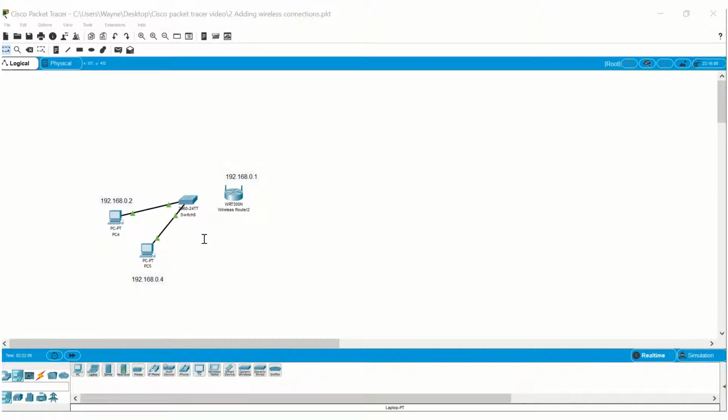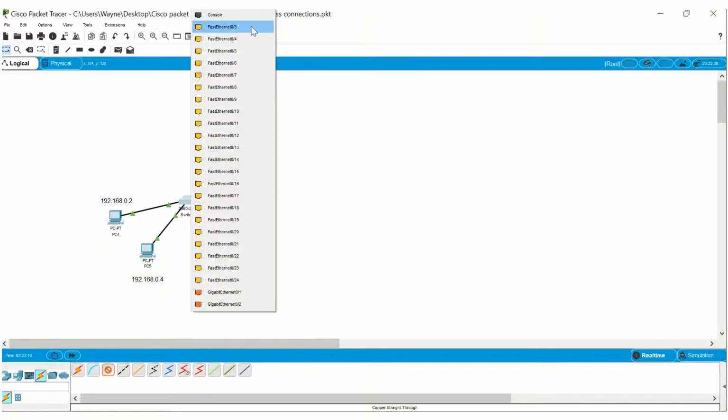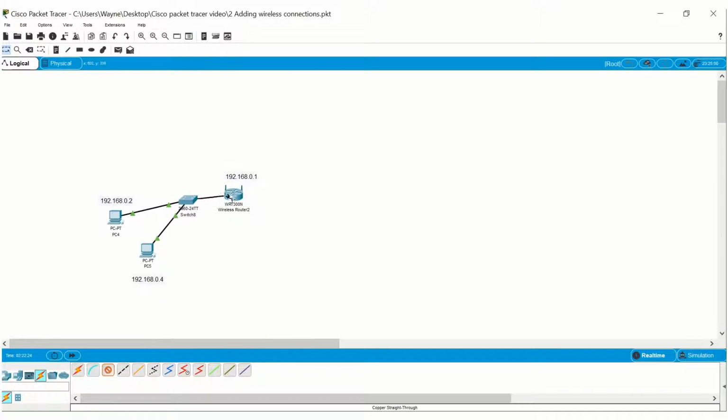Okay, now let's connect the router to the switch through Ethernet. This time we'll do this manually, and we will pick the ports that we want to use on the different devices. So I'll pick the next available fast Ethernet slot, which is 3 on the switch. And on here I'm going to make sure that I connect the LAN to the Ethernet of the wireless router. Okay, so our indicators there are showing orange, so that's the handshaking going on between the two devices to set up